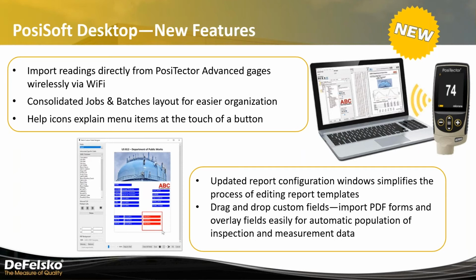We've now also changed the look quite a bit because we consolidated the jobs and batches columns. So this makes for a bit more intuitive of a layout. We used to have individual columns for jobs, batches, readings, etc. Now the jobs and batches are together, and it's more of a folder format. There are also new help icons that explain things, especially windows that pop up will have a little question mark that you can click on. It will bring you to that portion of the help file and help explain what you're